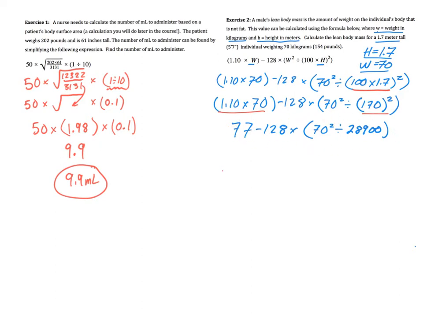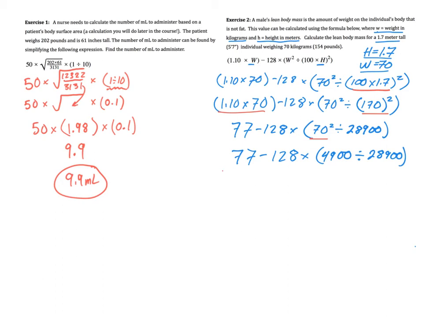I have subtraction, multiplication, I have an exponent and division. We know with PEMDAS, so parentheses, exponents, multiplication, division, I want to undo this 70 squared, 70 times 70, and I'm going to do that right now. So I squared 70 and got 4,900, and I am left with this expression here, 77 minus 128 times this division problem here, 4,900 divided by